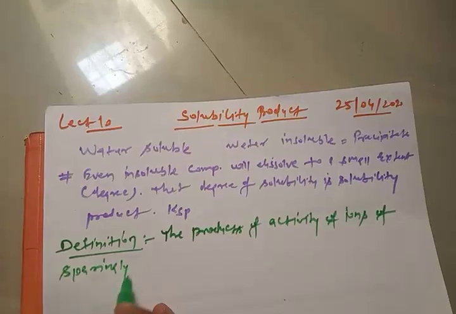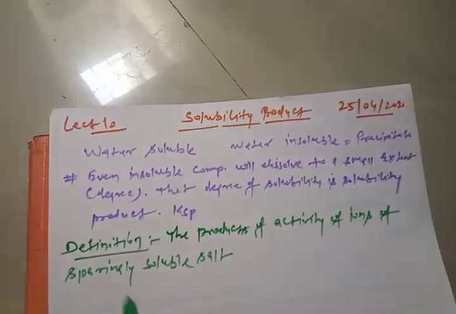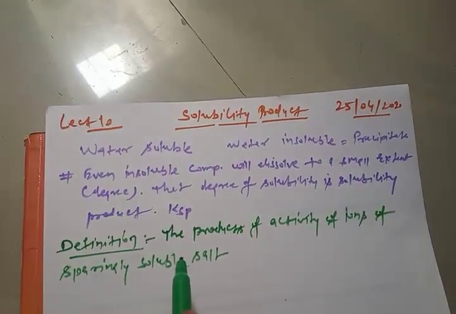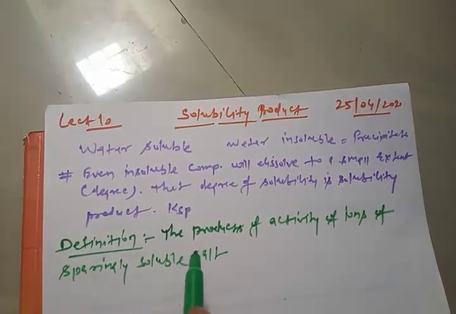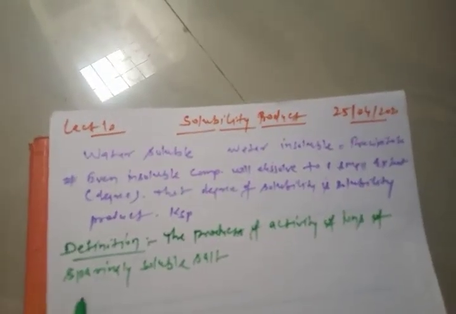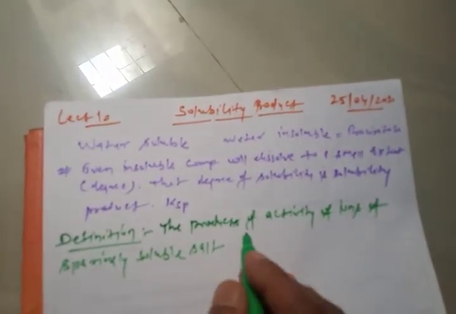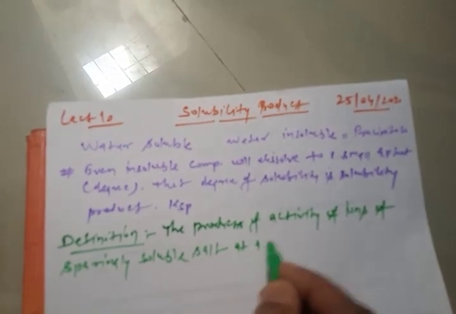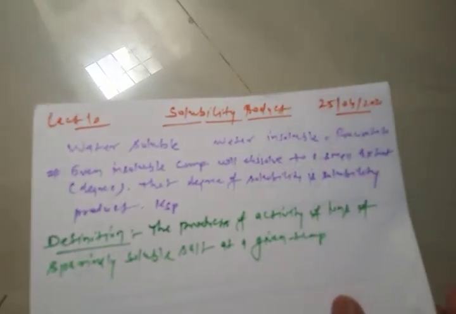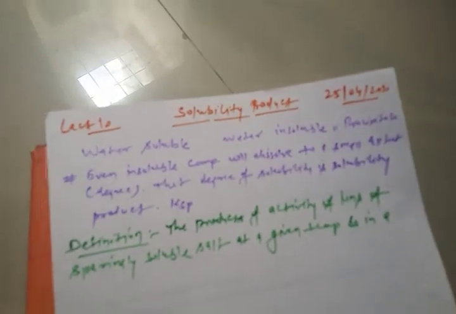Sparingly soluble salt is nothing but the salt which we earlier used to say was insoluble, but it has some sort of solubility. One thing is soluble, one is insoluble, so the sparingly soluble salt is in between them. The product at a given temperature, in a saturated solution,